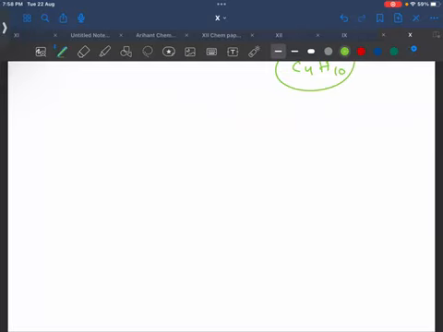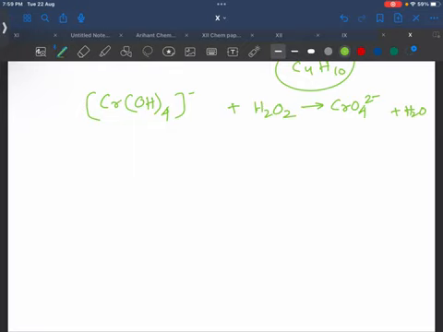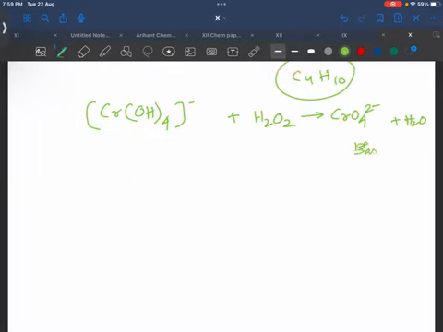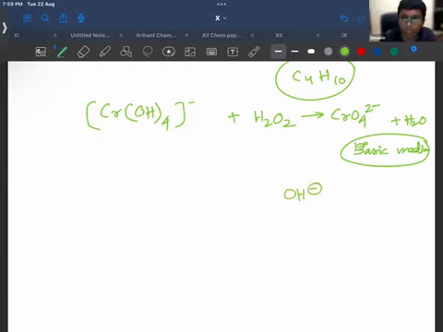So, for example, if I want to balance this reaction, okay, Cr(OH)4 minus plus H2O2 gives CrO4 2 minus plus H2O. And they are saying this is in basic medium. You understand the meaning of basic medium? That means there is availability of OH minus ions. And your question was, why are we adding H2O, right? Yeah. Because, देखो,